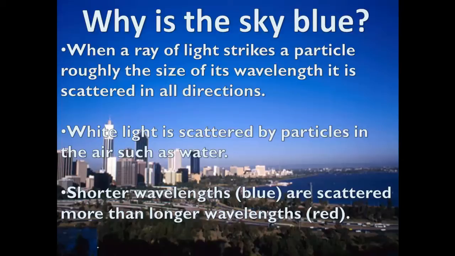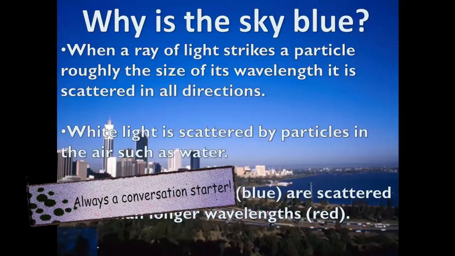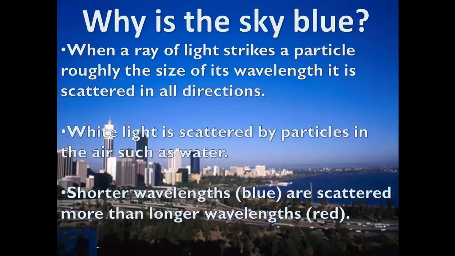So you might ask yourself, well, gee, I've always wondered why the sky was blue, and if they haven't taught you yet, we're about to teach you now. When a ray of light strikes a particle roughly the size of its wavelength, it scatters in all directions. So again, we need light to scatter, and in this process, white light is scattered by particles in the air such as water. So you can think about light scattering through water, and in this case the short wavelengths are scattered more than the longer wavelengths. So instead of seeing something like red, instead we're going to see blue,